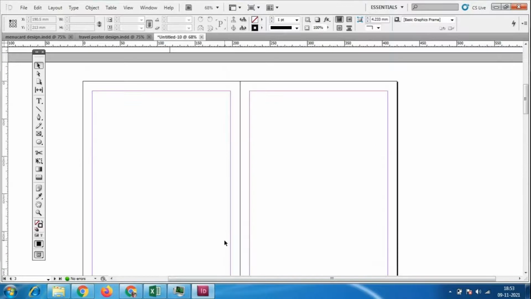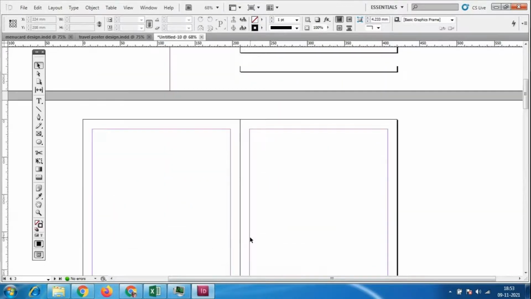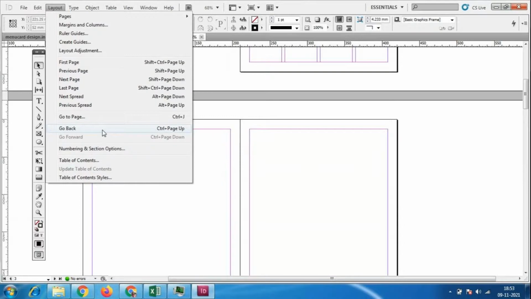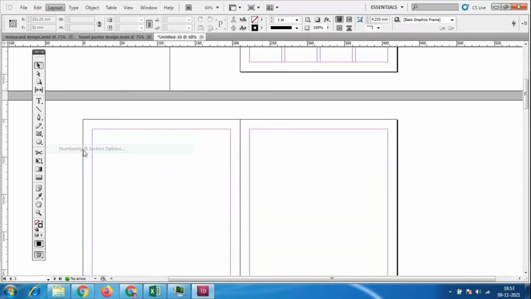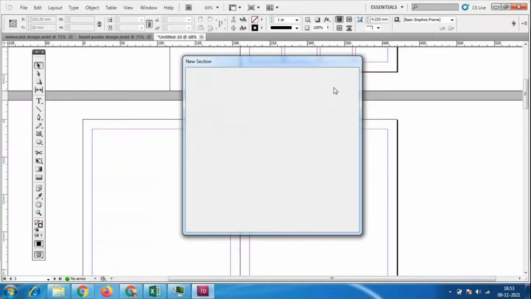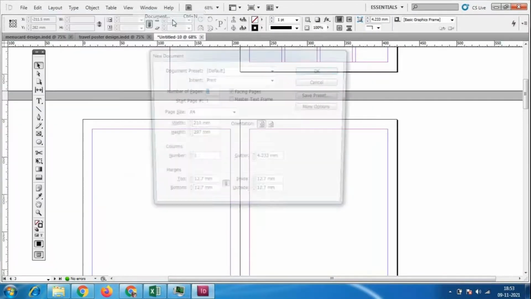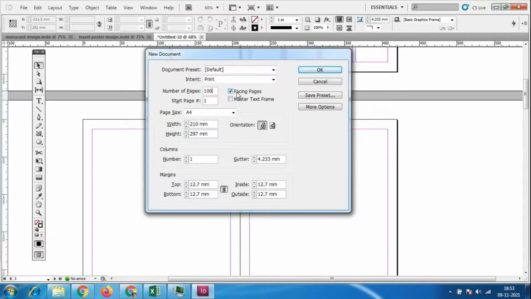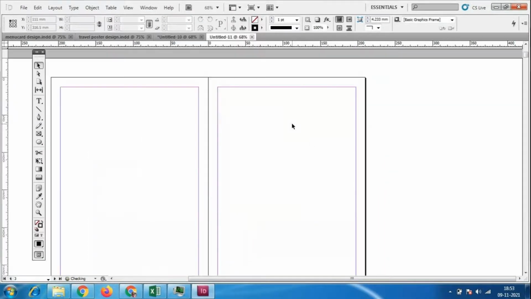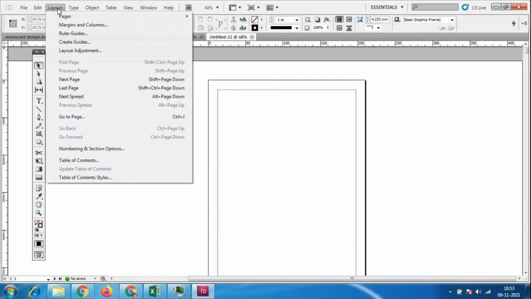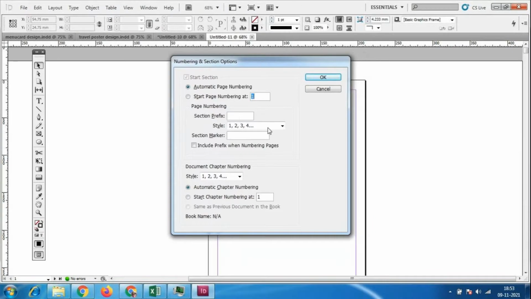Like this we have the page options, and here we have the page numbers. Page numbers are very important. For that I'll go to New Document and take a 100-page book. Here I'll go to Layout, Numbering and Section option. In this option we choose what kind of pattern we want for numbering: starting with 1 2 3 4, or 01 02 03, something like this, also I could give.